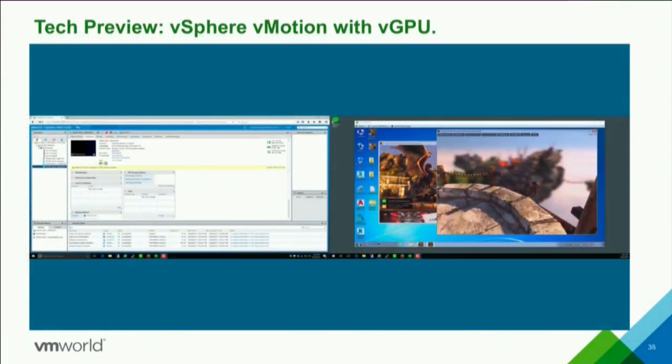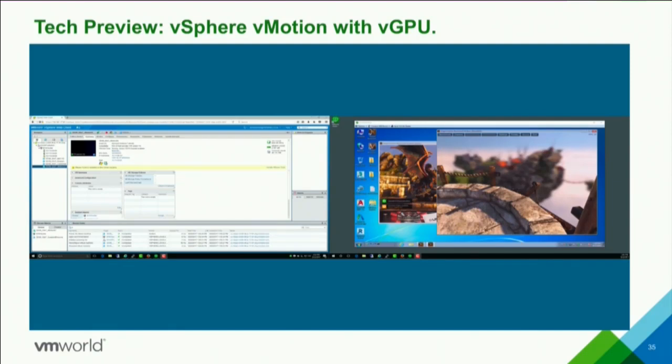So we've been working together for ages to get vMotion support with vGPU. It's a complex problem. It's not a simple one. As a product manager, I think it's a simple problem to solve, right? We already supported vMotion with vSphere. How much time does it take to enable vGPU support in there? It's just a checkbox, right? It's not. Apparently, it's a complex problem. That's why I'm not an engineer. Tell an engineer you said that.